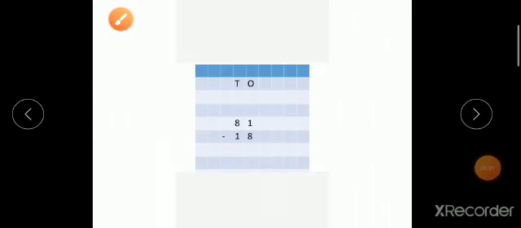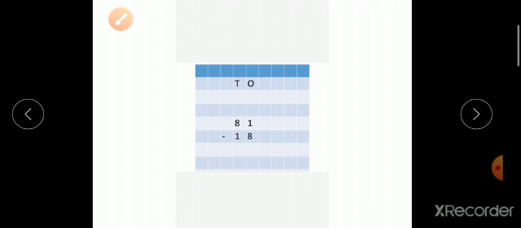Now students, here one more example I am taking to explain to you. You can see here we have to subtract 18 from 81. So what will we do first? We will subtract the digit at ones place first. You can see here it is 1 one and here 8 ones. Students, is it possible to subtract 8 ones from 1 one? No, it is not possible, because 8 ones is greater than 1. So it is not possible to subtract. So what will we do?